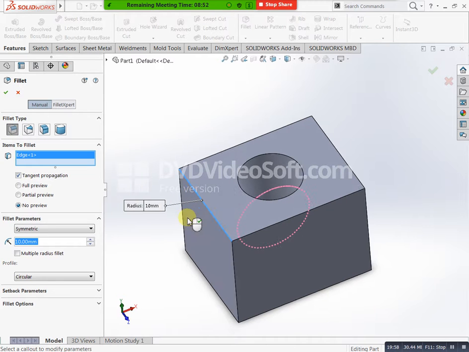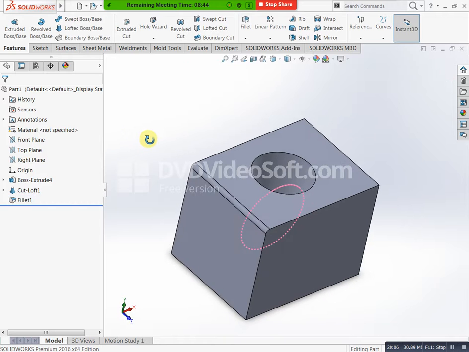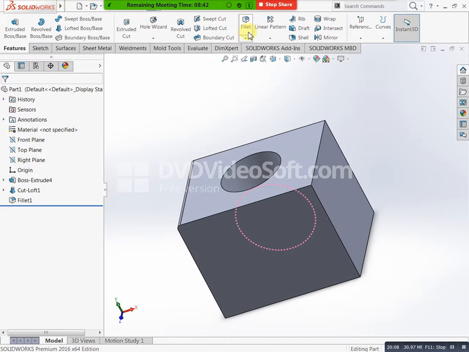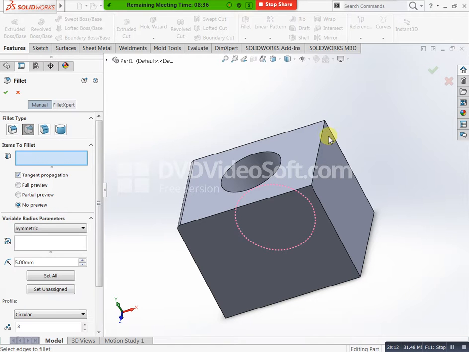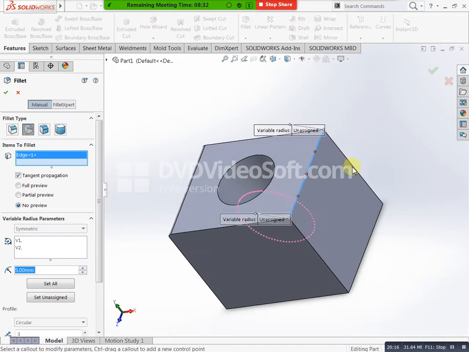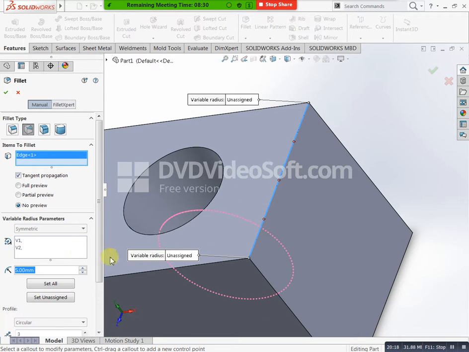For example, this is v1 variable radius 1, this is variable radius 2. You can select v1, this one you can mention v1 is a 5, okay, and v2 you can go for 10, and I need 0.3. How can we select our 0.3? You can select this point. Okay, then you will get here p1 0.1. Now you can mention here 15.